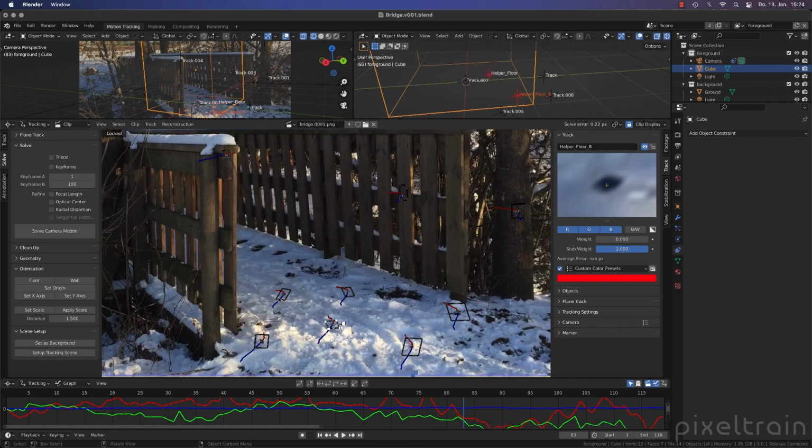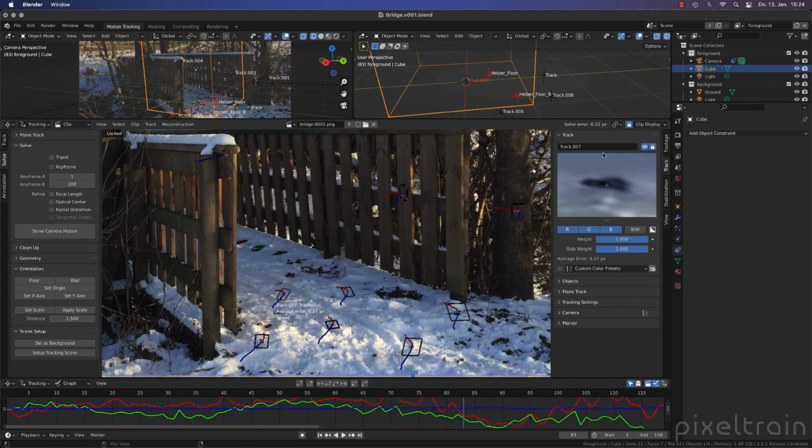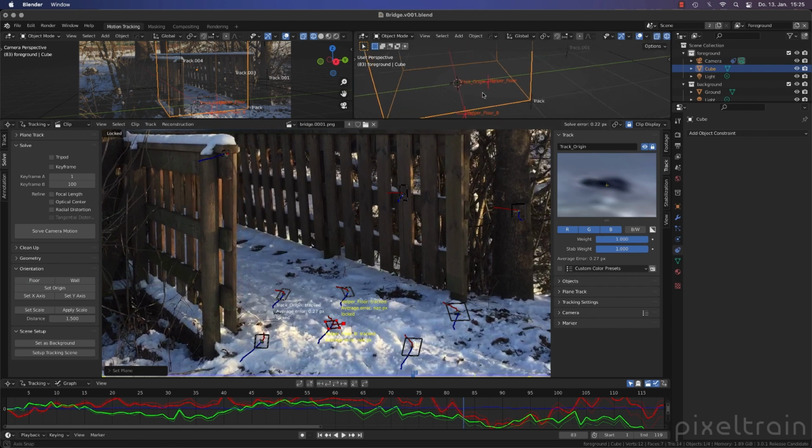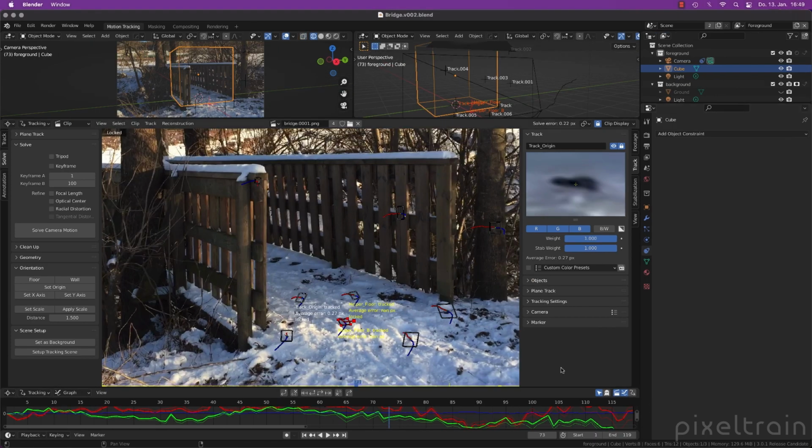And what I now do is I go back here to my number 7 and I say this is the track which I want to use as an origin. And now I say I want to have another helper, and this here on the floor. Now we see we have a better floor which really uses these 3 points here. That's the whole idea behind that. I hope this makes sense for you.